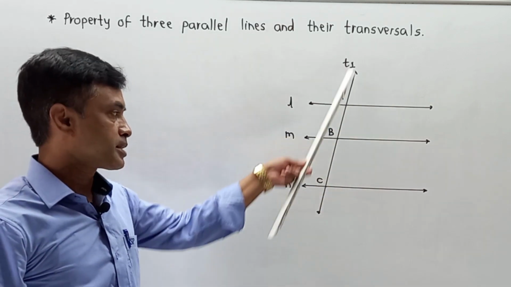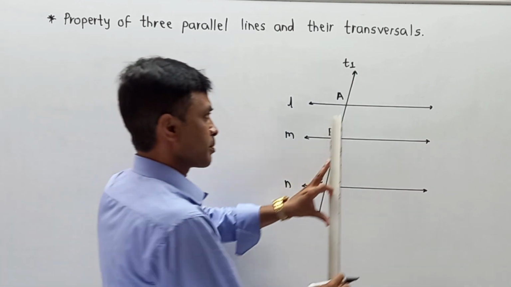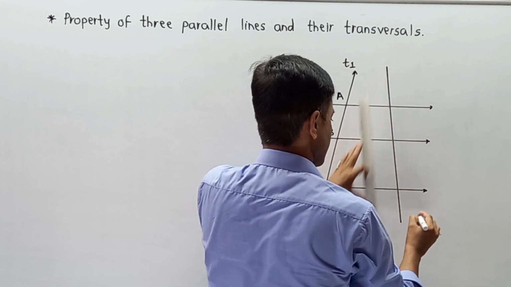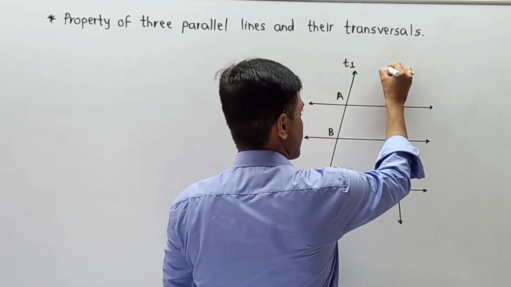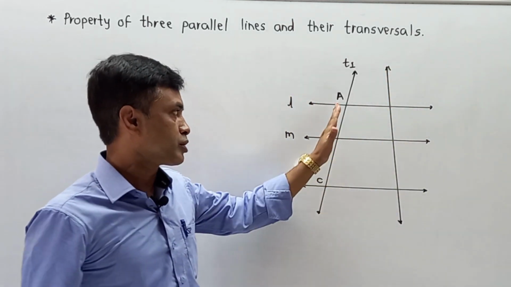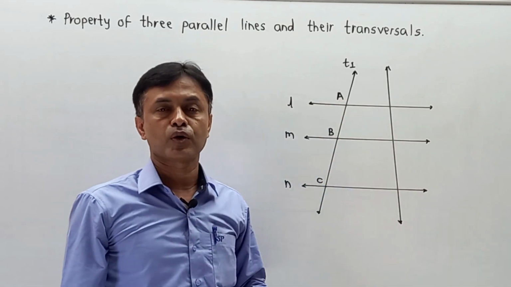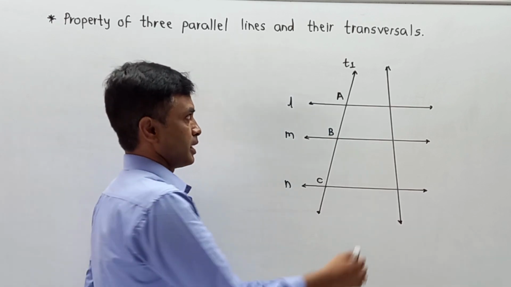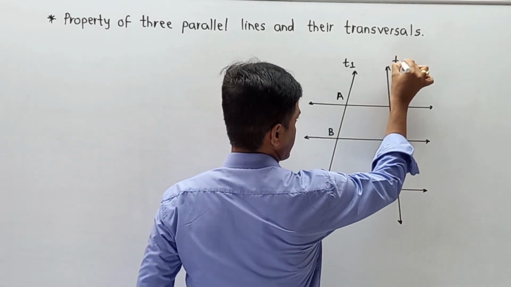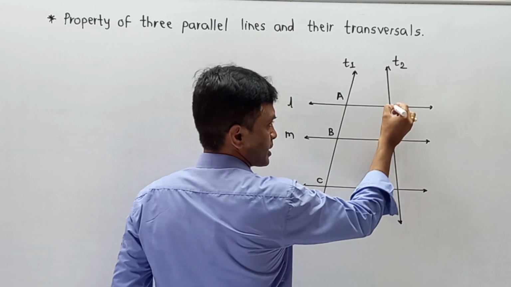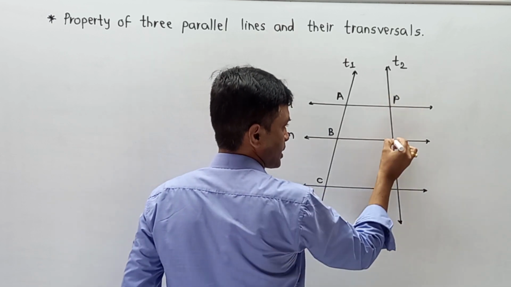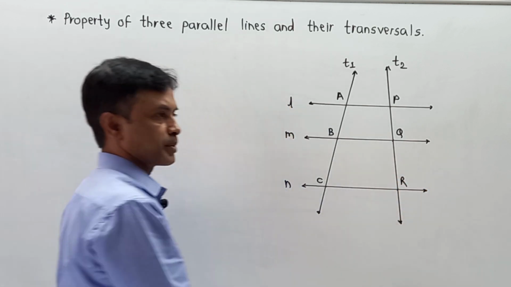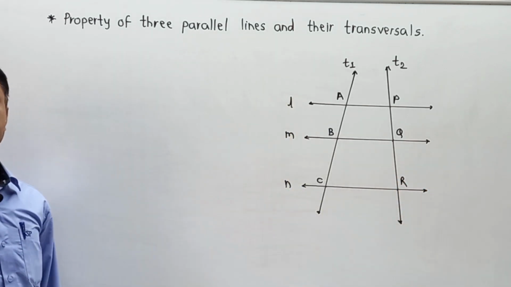Now, जिस तरह मैंने यहाँ ट्रांसवर्सल 1 ड्रॉ किया है, उसी तरह मैं यहाँ ट्रांसवर्सल 2 भी ड्रॉ कर रहा हूँ ताकि एक्सप्लेनेशन पार्ट आगे चालू रहे. Now remember, it is not given that these transversals are parallel or non-parallel. There is no such condition over here. It is valid for all cases. Let us say the second transversal is T2 and it intersects the first line in point P, the second in Q and the third in R.